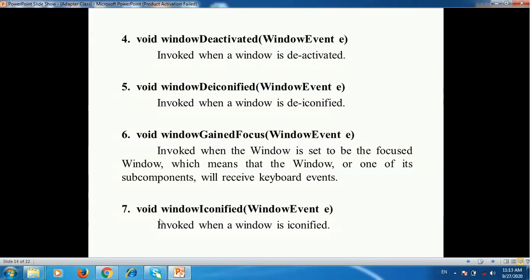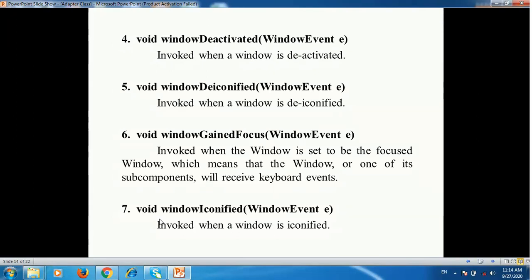Sixth method is void windowGainedFocus. The parameter is WindowEvent e. So the windowGainedFocus method is invoked when the window is set to be the focused window, which means that the window or one of its subcomponents will receive the keyboard event.